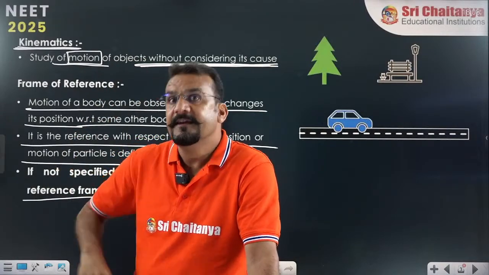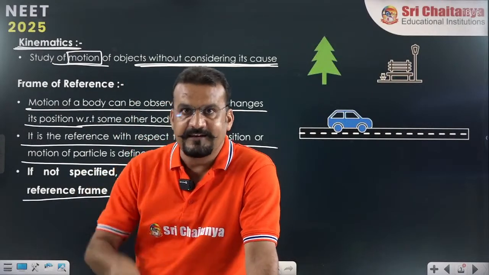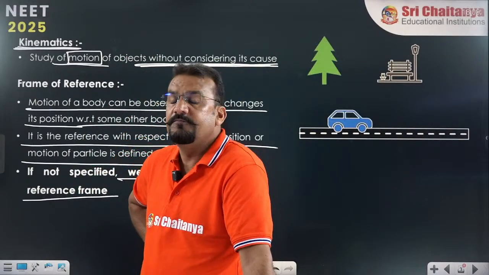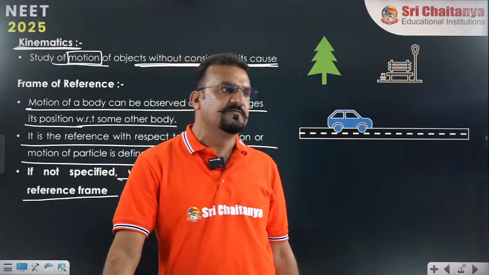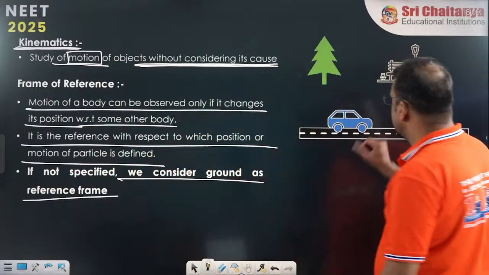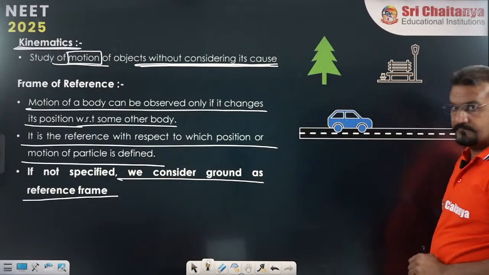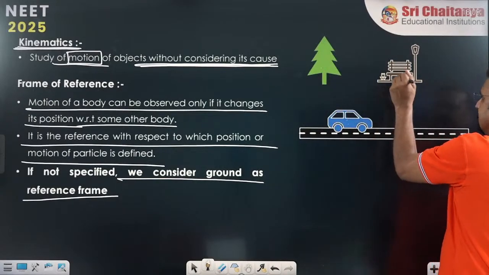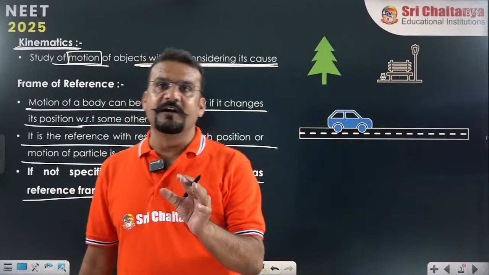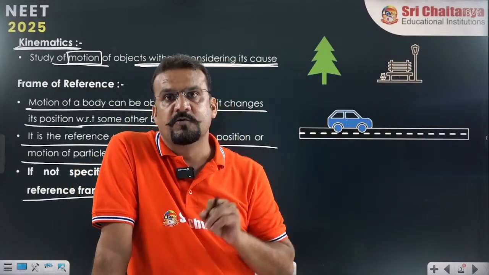That means we can say trees are moving with respect to the train, or you can say the train is moving with respect to the trees. So these two statements are very important. If you are getting this language, that means the frame of reference idea is very clear to all of you. Okay, then let us describe this one. Let us assume this car is moving. With respect to this car, this tree is in motion. With respect to this car, this bench is in motion. That means whenever you are defining motion or rest, we have to talk about frame of reference.